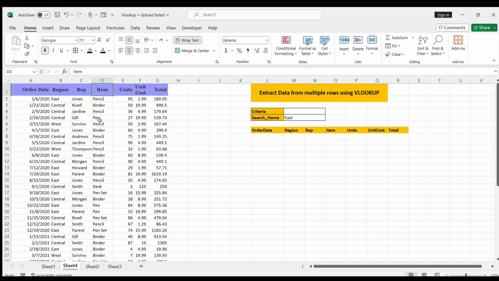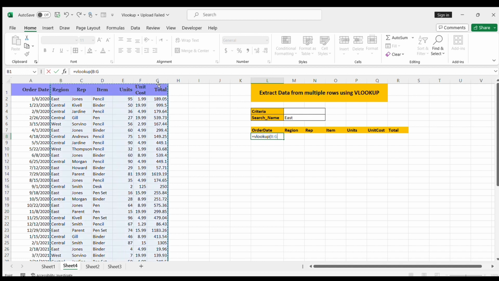If you are going to use the simple VLOOKUP formula, then you can only check one result. For example, you can see here is the search name, East, mentioned over here. I'm going to use a simple VLOOKUP formula. First of all, you need to use VLOOKUP and the lookup value. Here is the lookup value that we are going to look for. And now I'm going to select the table array,